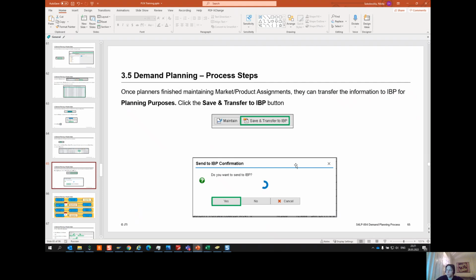Actually, at least after the go-live, we received quite a lot of incidents for Portfolio Cockpit when people don't have access, first of all, then they don't see their markets, they don't see some materials. You need to check them in SAP first of all. I will discuss it later. So you need to check if the material in SAP is enabled for planning. Otherwise, you won't see it anywhere. You won't see it in IBP, and probably you won't see it in Portfolio Cockpit.